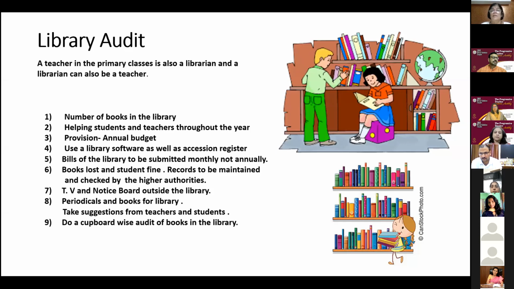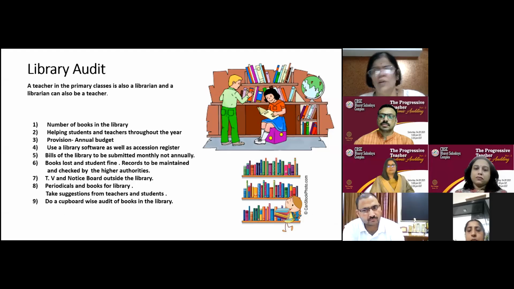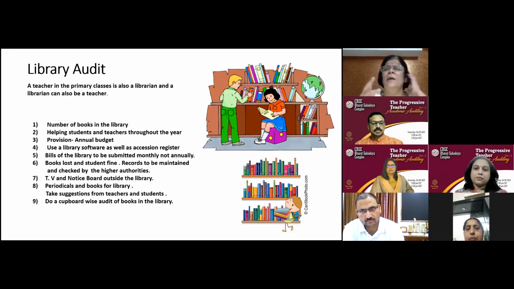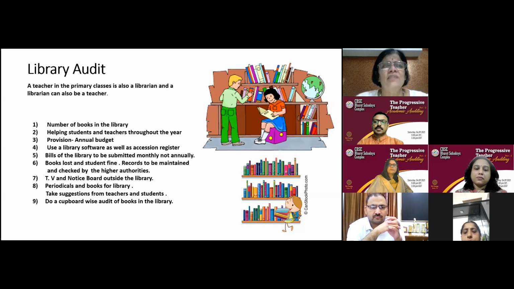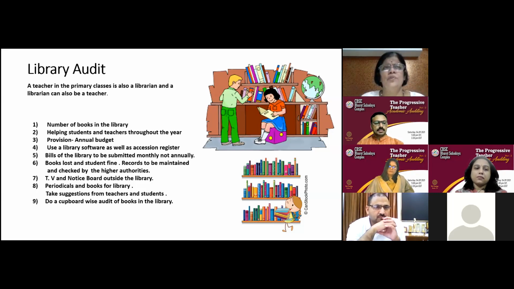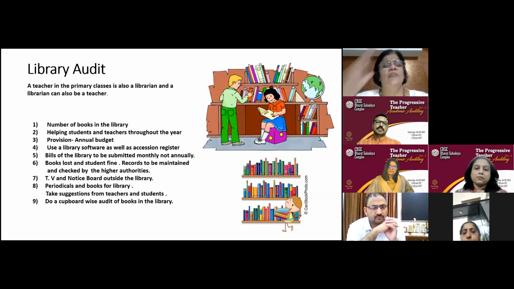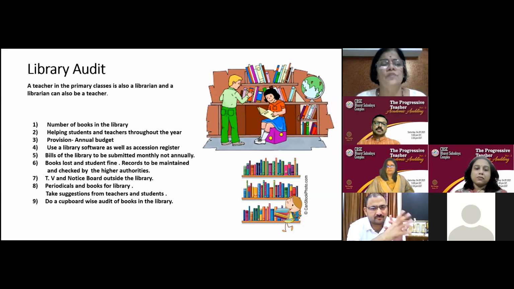outside the library. Always have the TV present the best readers of the month, in terms of teachers, in terms of students, and let it go scrolling. It will look wonderful. On the notice board, put new releases of books and quotes of some of the very famous authors. All that can attract the students to come to the library. As soon as they come to school, they should just drop the bag and run to the library. That should be the aura that the library must give to the students.